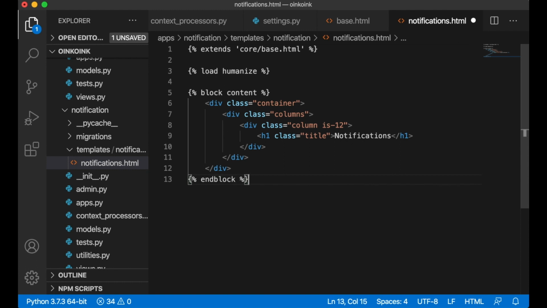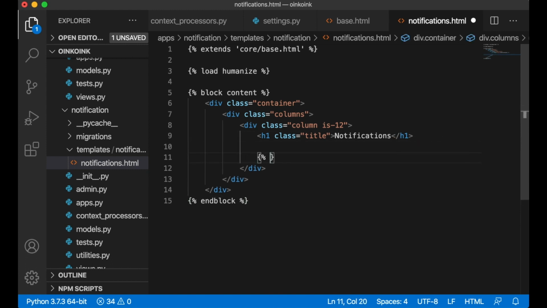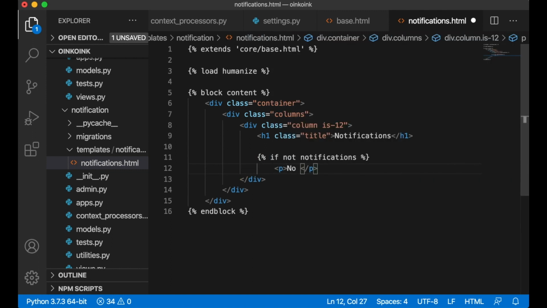And block. And at the top, I can first say if not notifications, p, you have no notifications,